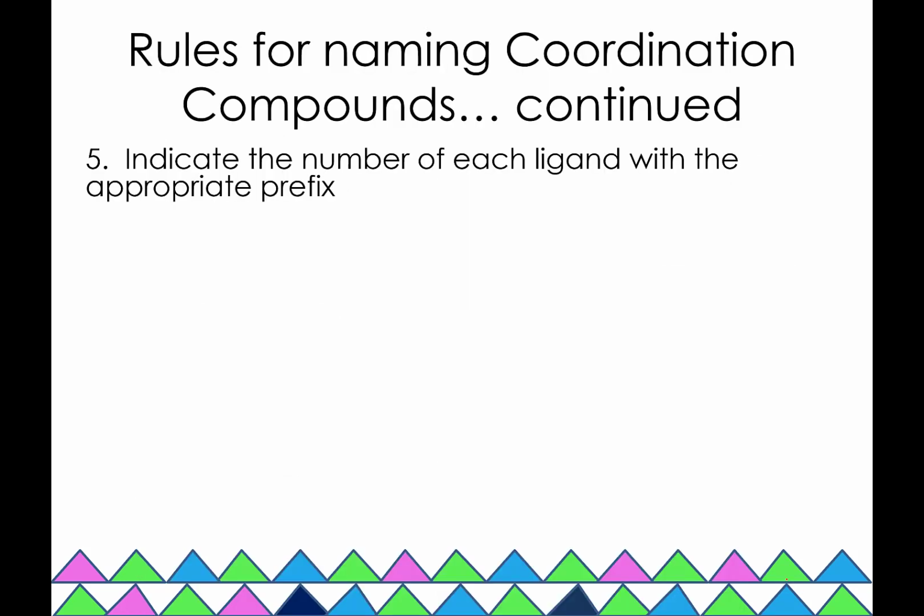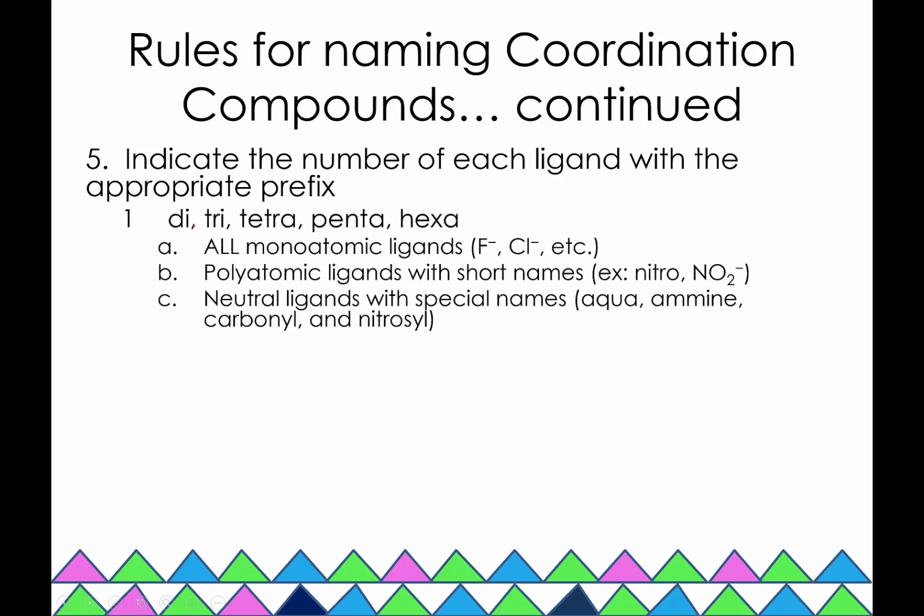When you're naming your ligands in your coordination compound, you need to include the number of each ligand with an appropriate prefix. So you use di if you have 2. So the example that we talked about, the thiosulfate silver complex, you say di-thiosulfato. Tri is for 3, tetra is for 4, penta for 5, and hexa for 6. So these simple prefixes you use for all monoatomic ligands and polyatomic ligands with short names. So even thiosulfato would be considered a short name. Or neutral ligands that have special names like aqua, amine, carbonyl, nitrosyl, you're still going to use di, tri, tetra,